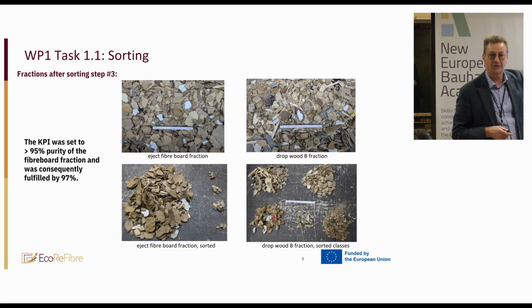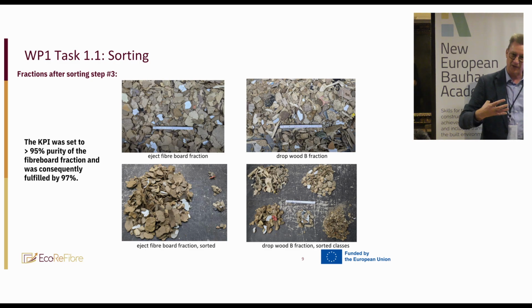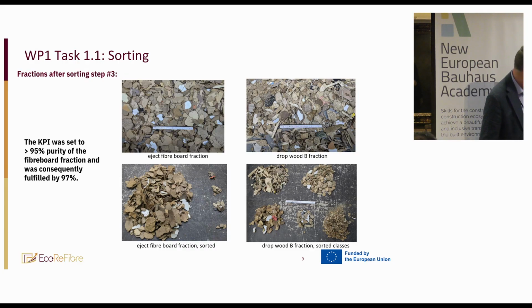This picture is a sample. We were all there, Oliver was there. We took a sample of it and we sorted it by hand to check the quality. So it was us, it wasn't Diffenbacher, it wasn't Tom Wright, it was us actually checking, and from that sample, it was 97%